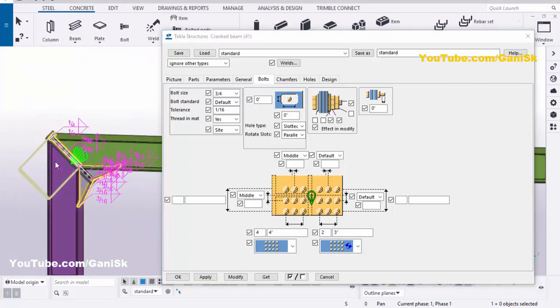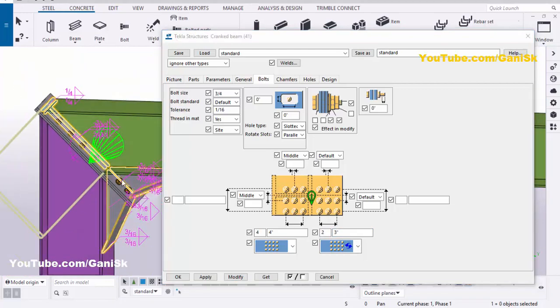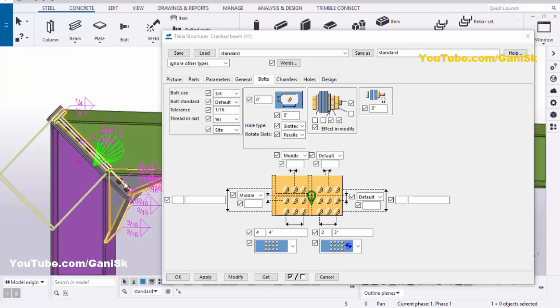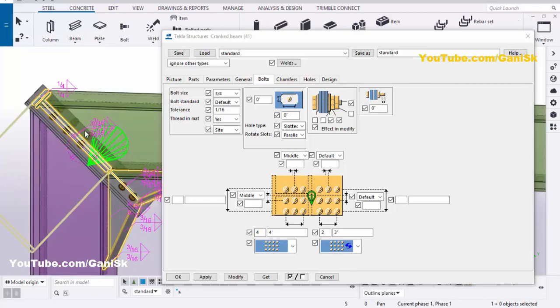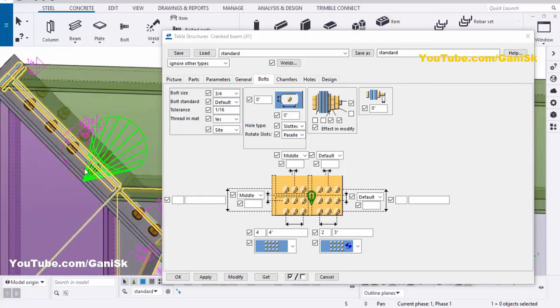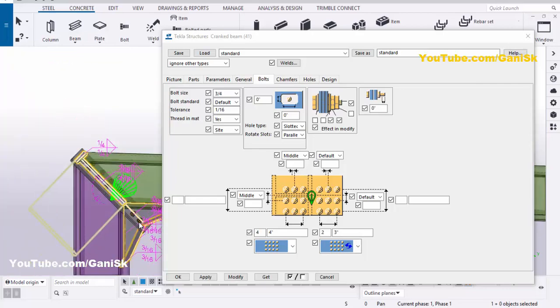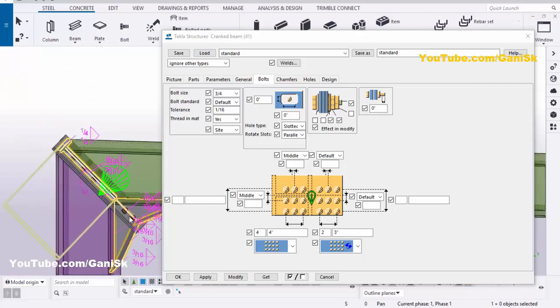You can see you'll get like this. You can use the shortcut Ctrl 2 for shaded column and beams. So use the shortcut Ctrl 2. You can see now we have the 4 bolts on one side and other 4 bolts on the other side. Similarly here also we have the 2 bolts and 2 bolts on the other side.